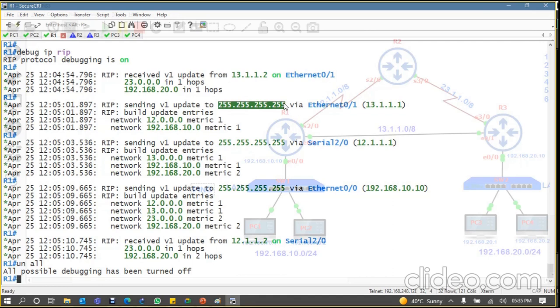RIP version 1 messages can be received by any kind of network router, everyone will receive. So a hacker can also receive this information, and a non-hacker can also receive this information. So unnecessarily, RIP version 1 is sending broadcast messages to the network. That is the first problem. The second problem is,